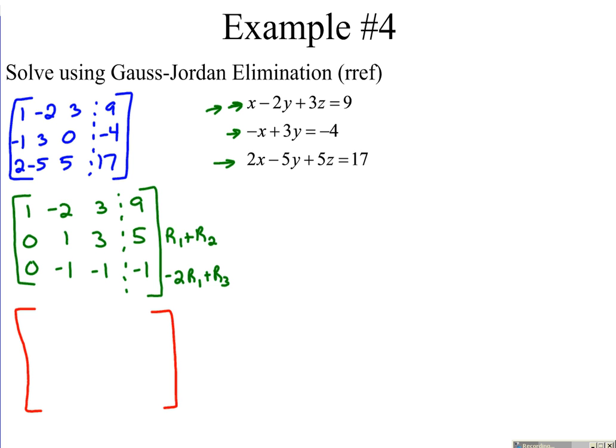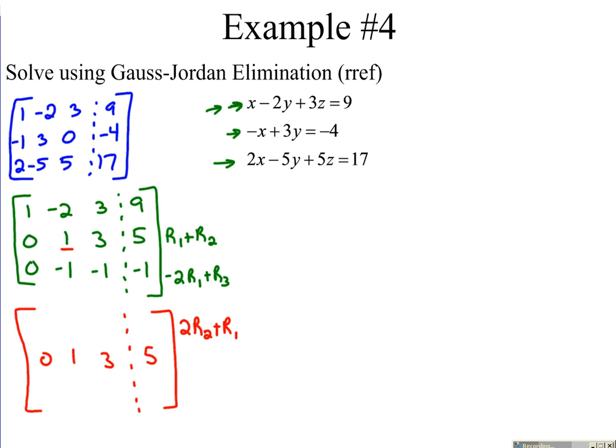Get a 1 in row 2, column 2. That's already been done. So now we need to get zeros in the rest of that column. So looking at this matrix, what can I multiply this 1 by so that when I add it to the top, I get 0? I need to multiply it by 2. So I'm going to leave row 2 the same. 0, 1, 3, and 5. I need to get a 0 in the rest of the column. So I want to get a 0 up above this 1 by taking 2 times row 2 and adding it